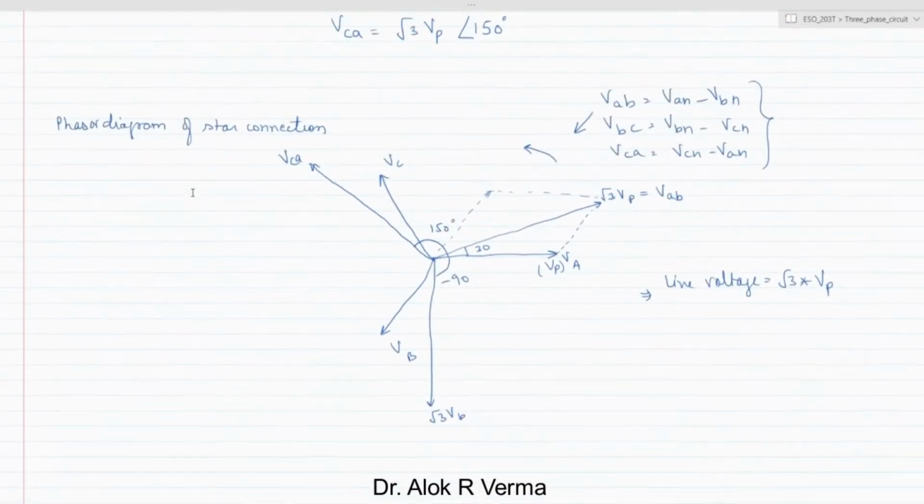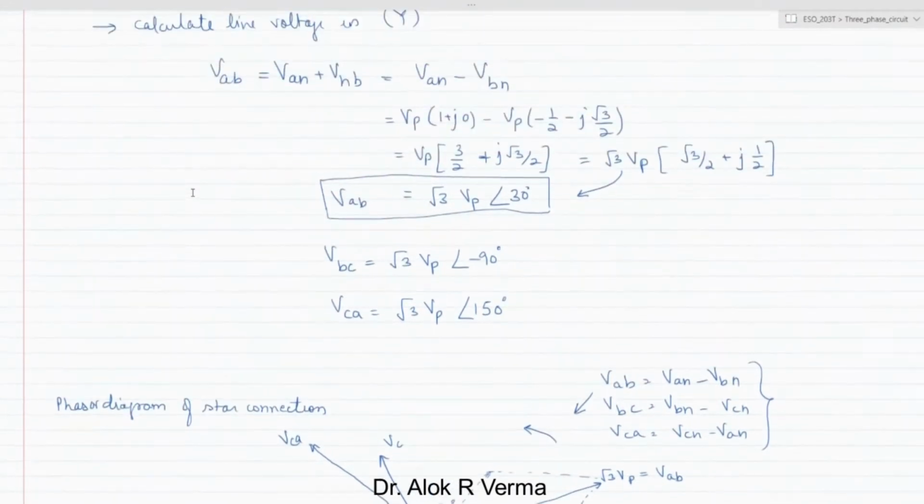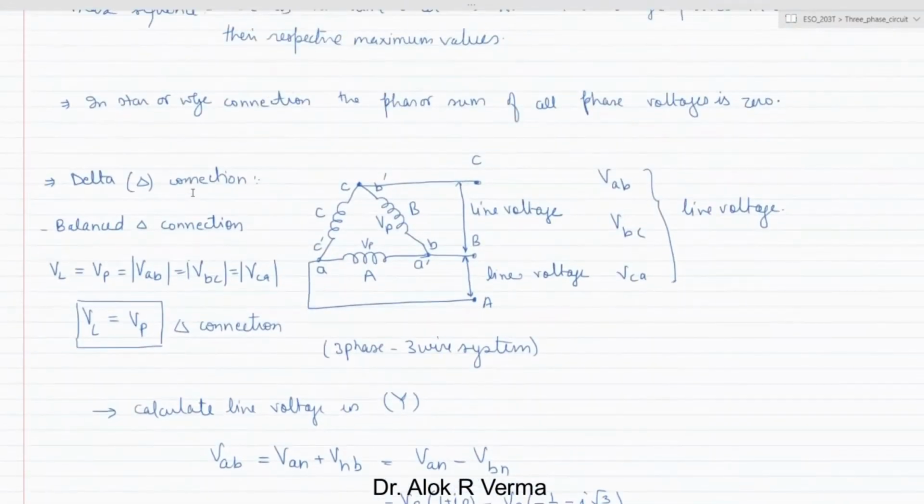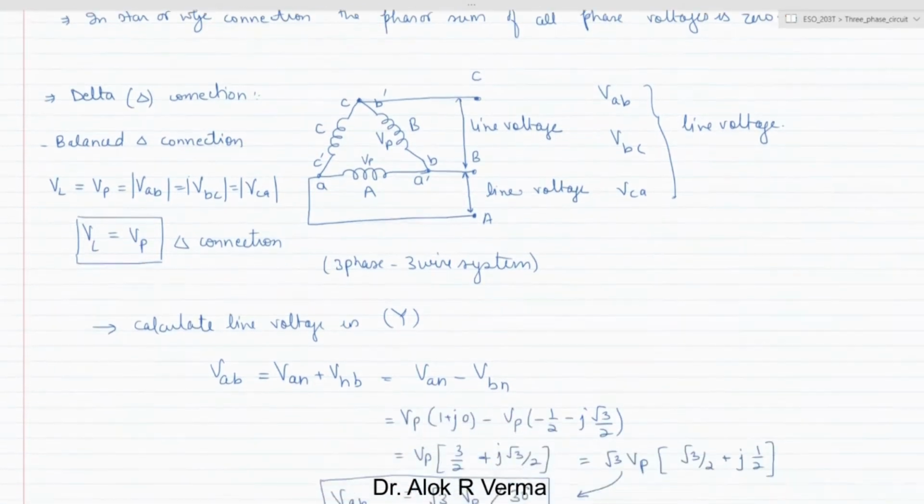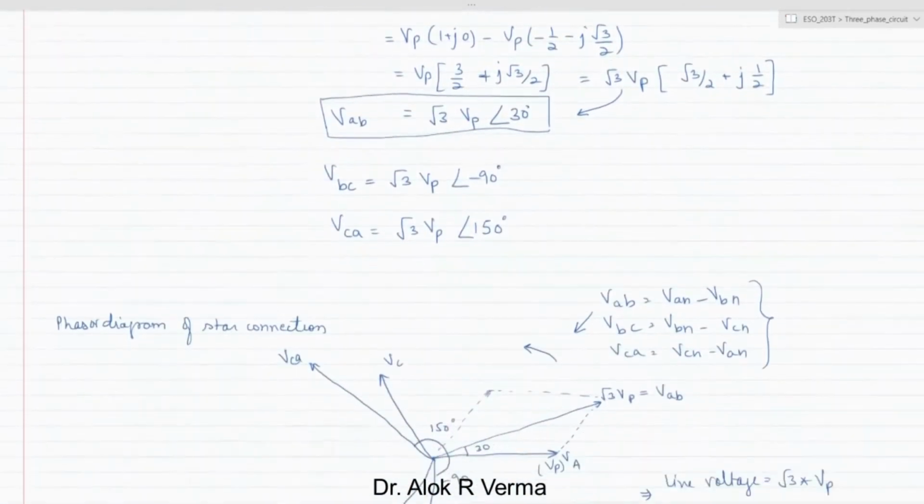Dear students, so far we have seen the three-phase sources, where we have seen the star connected source. Just to have a look, you can see here, and the delta connection also. So we have seen in the case of delta connection, the line voltages and the phase voltages are same. So just to recall and write down that clearly, after that we'll be talking about the